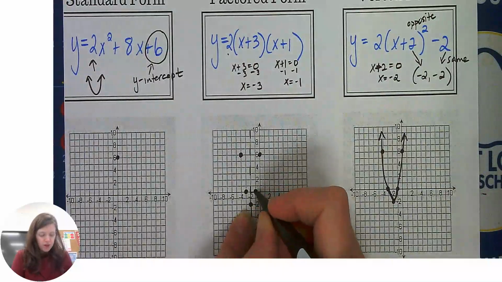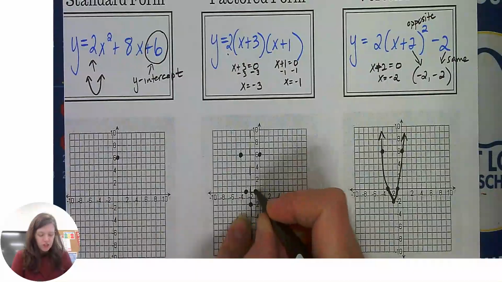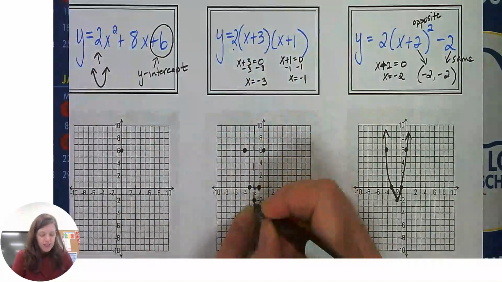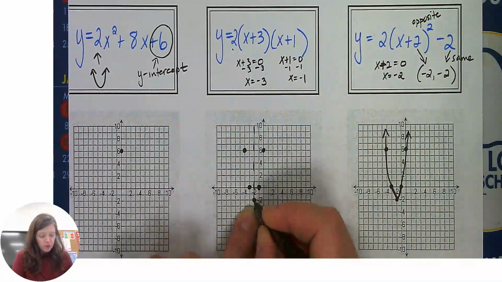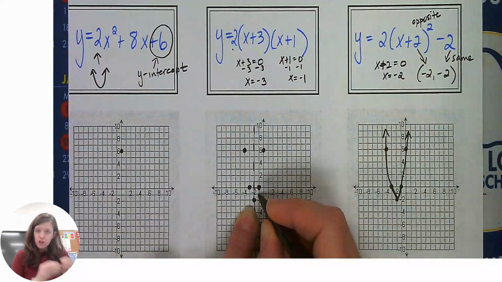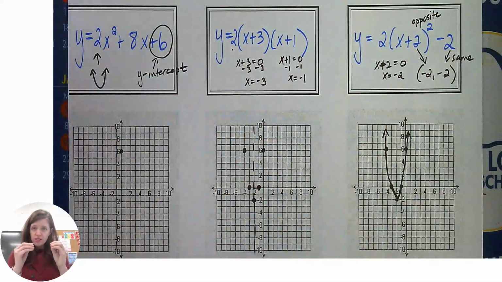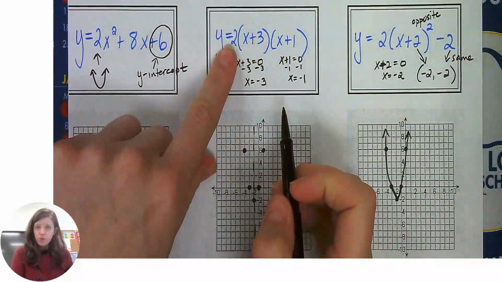2 up and 1 over in each direction. If that was a 3, my next points would be going 3 up and 1 over. If it was a 1, my next points would be going 1 up and 1 over. Okay, so you can help find those next 2 points by looking just at that number 2 and saying,